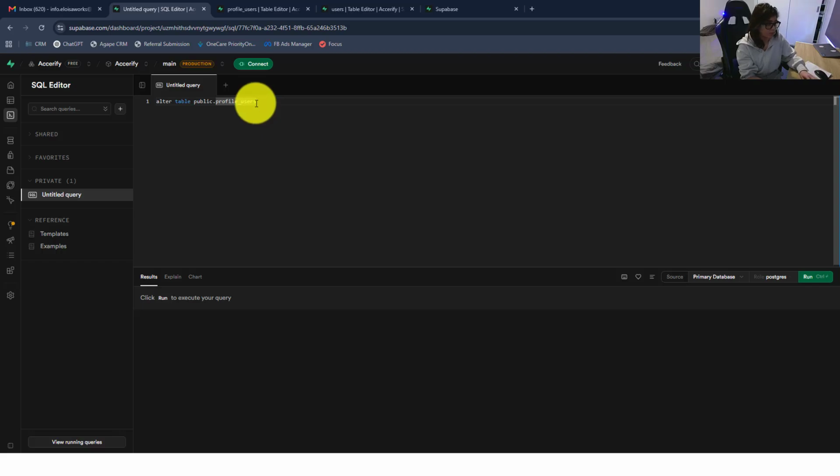And then we want to add a constraint foreign key, which is the profile user, and then we add the ID foreign key, and then this foreign key